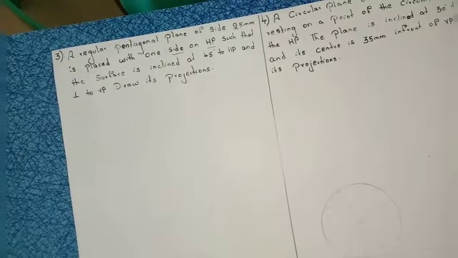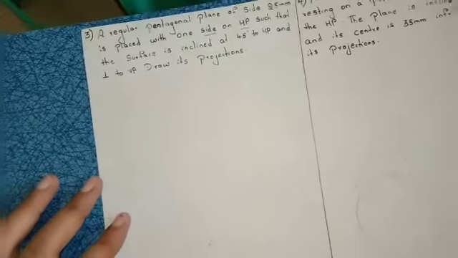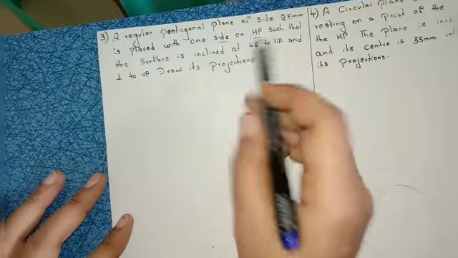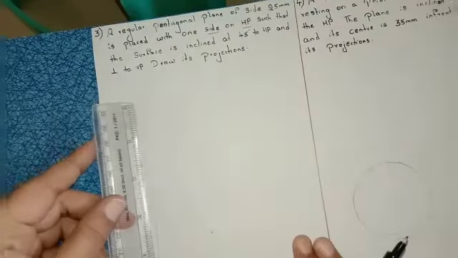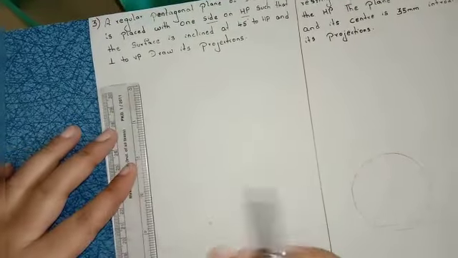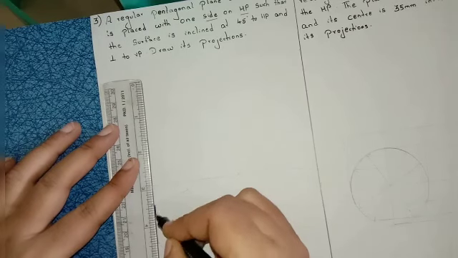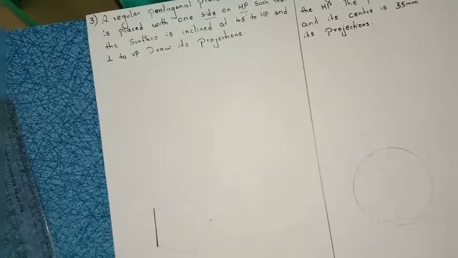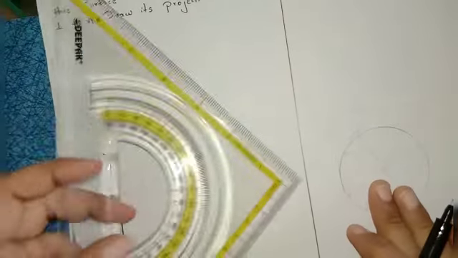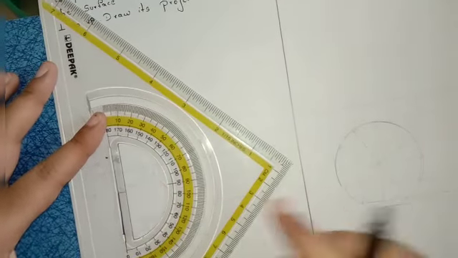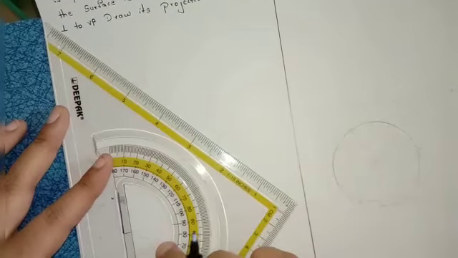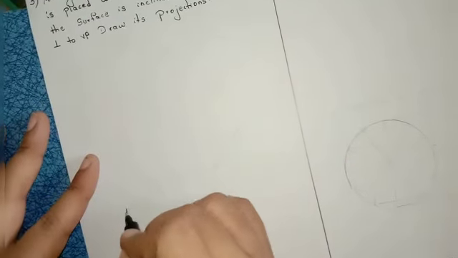Right, now let us start how to solve this problem. Pentagon length is 25. Condition is side on HP. So I will start with the side. I'm drawing 25 mm. Now how much is the angle for a pentagon? 108 degrees. Place your protractor on that line, mark 108 degrees. Again from here mark 108 degrees.